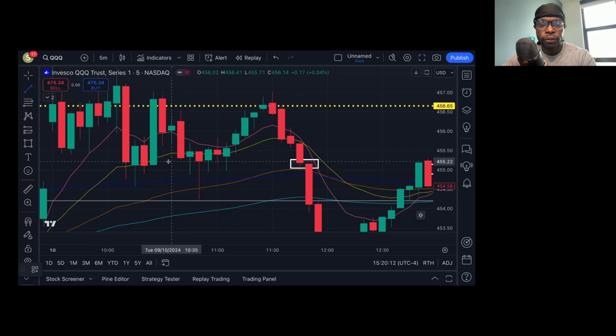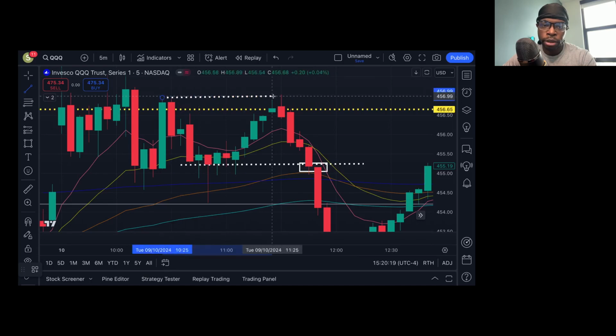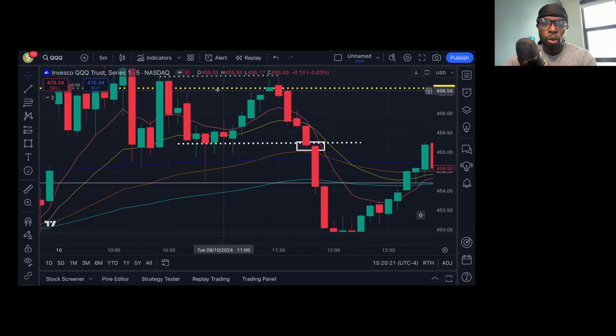Something else I look for is for lows to get taken out. Double top neckline breaks. I might be going over this a little bit fast, so just rewind if you need to, but when we put in a double top,